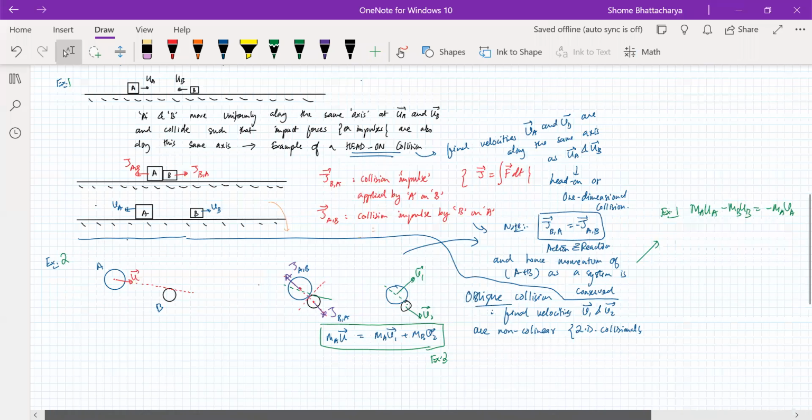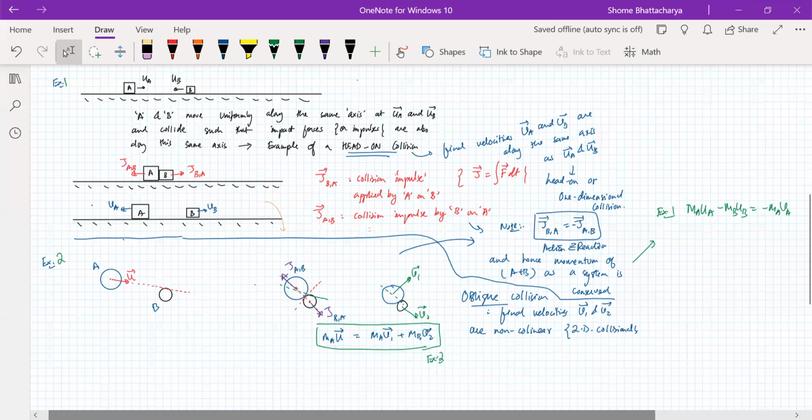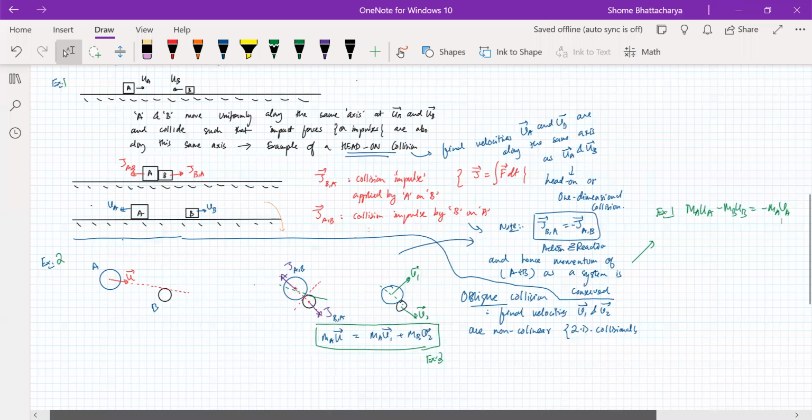That will be the conservation of linear momentum equation for the first example,